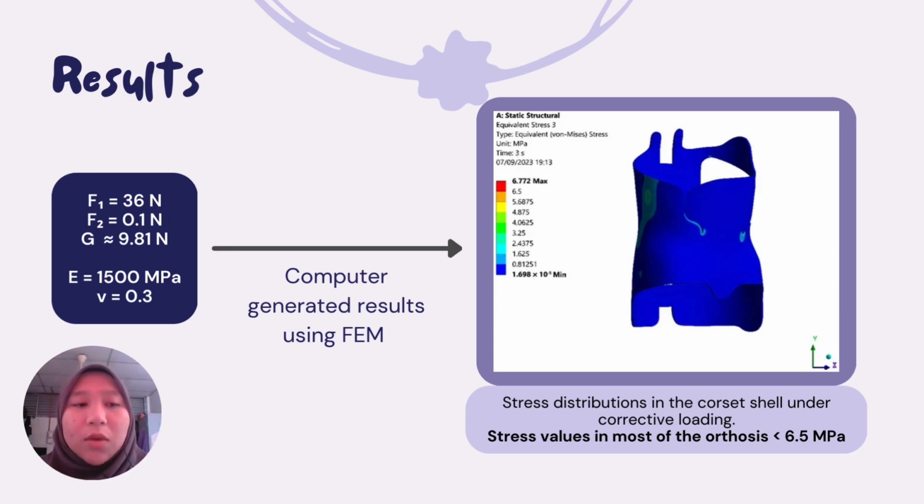It also shows that the numerical model's predictions align with known material properties and experimental data, confirming the accuracy and reliability of the finite element analysis, FEA. However, understanding the orthosis's functional mechanics requires more than just identifying high stress areas, which is where the next